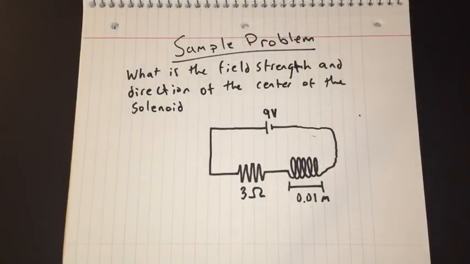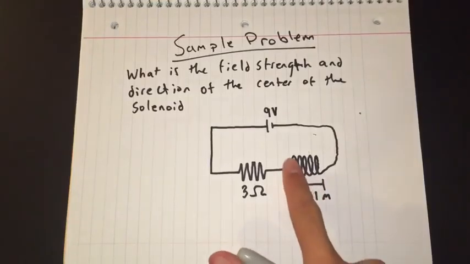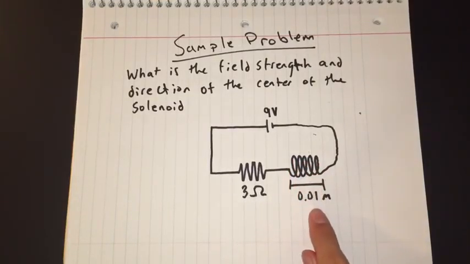So let's look at this sample problem. What is the field strength and direction of the center of the solenoid? This is the solenoid. Let's look at this qualitatively first. This solenoid has 5 turns of wire in a 0.01 meter length. Things that we're going to need: we're going to need to figure out the direction. So let's do that first. The direction of the field